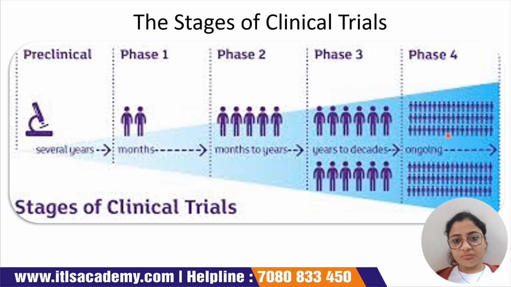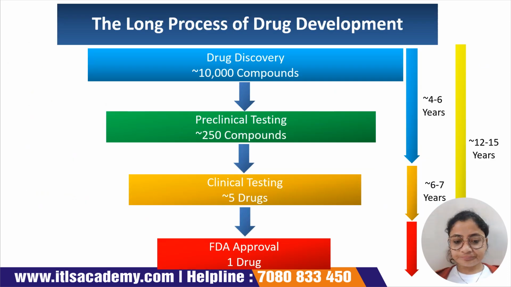And then finally we have the fourth phase or the final phase of clinical trial, which will be ongoing, like it has no end. Then finally we will go for the marketing or the commercialization part. So this is basically how the process of drug development looks. During the drug discovery phase, meaning the lab phase, the in vitro phase, we will be testing around 10,000 compounds. From them we will come up with our drug.